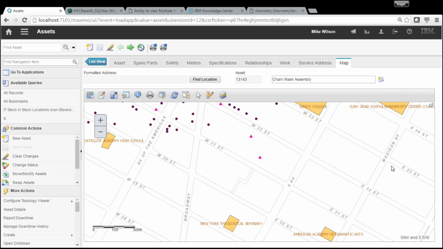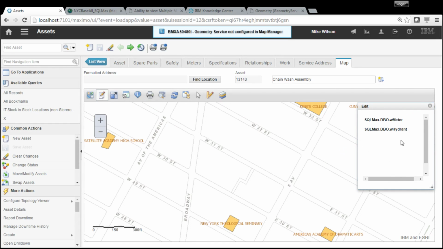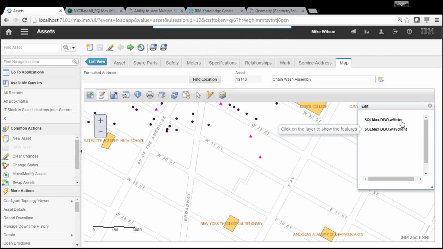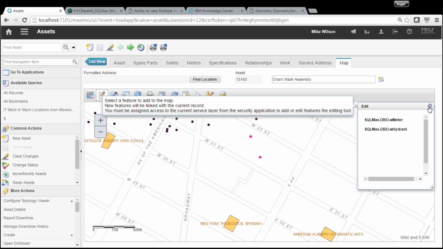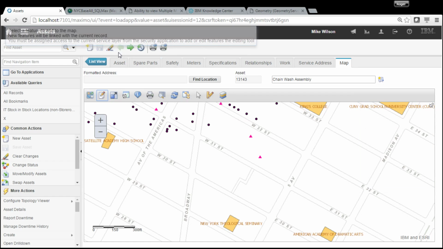Now, one thing I wanted to point out to you is that remember we had the GIS objects had parents as assets. So when I do any edit features, you will see only the ones that are related, who are child of the asset, like meter and hydrant. And then the same goes if I go to